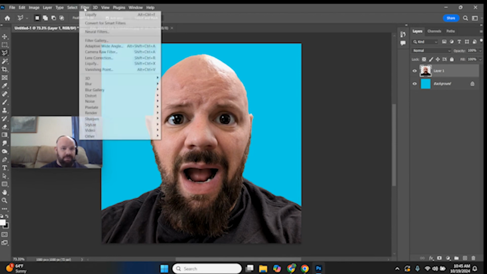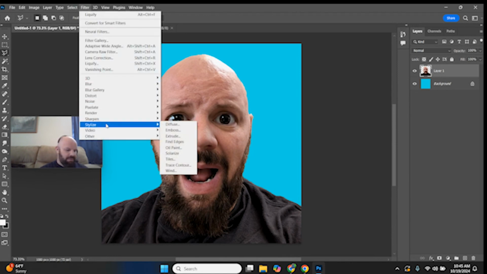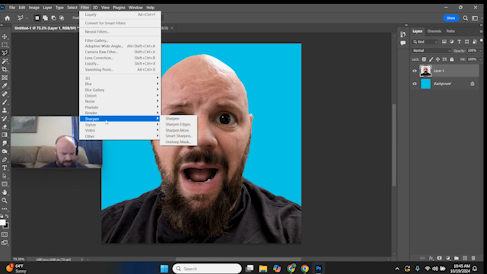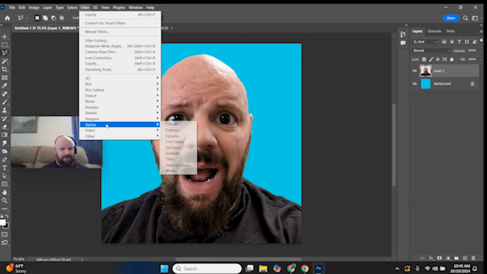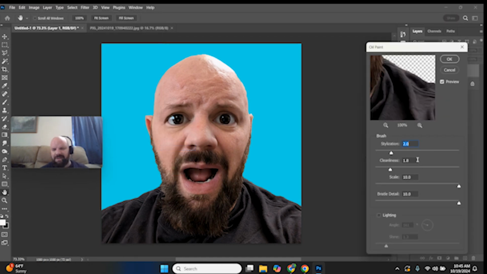So what I'm going to do now is go into Filter, and I'm going to go into Stylize. I am still fighting allergies. So normally what I would do first is go to Sharpen, Unsharpen Mask, but we'll do it in reverse. So we'll go Sharpen, Stylize, Oil Paint. Now, if you notice my settings are always these bottom two at like 10, and then the top two could be anything. But for this one, I want to set it to 5, 3,